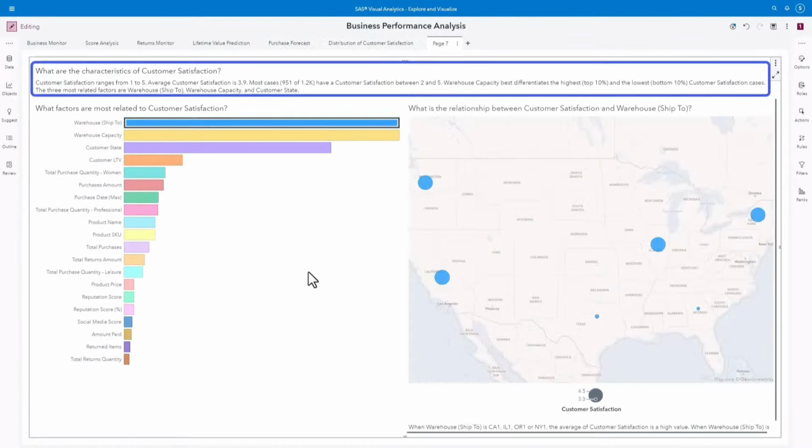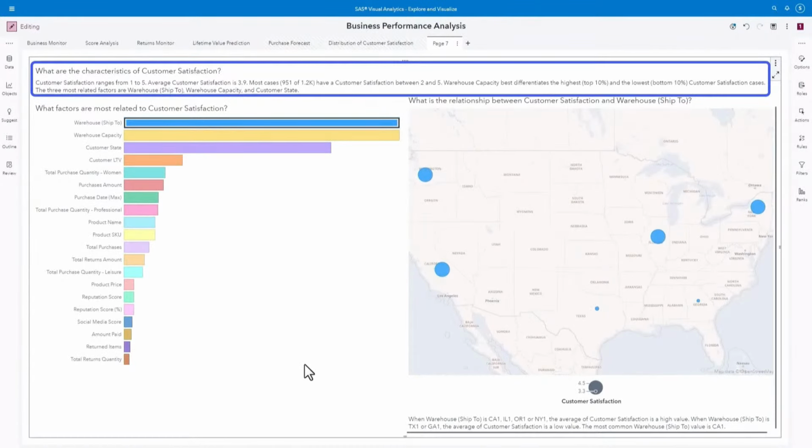Visual Analytics dynamically generates a story about the data. First, natural language generation describes the data such as the range, average, and values of the majority of use cases. It uses machine learning to identify the best differentiating variable for the highest and lowest cases of customer satisfaction. It then tells us that the three most important variables driving customer satisfaction are the ship to warehouse, warehouse capacity,